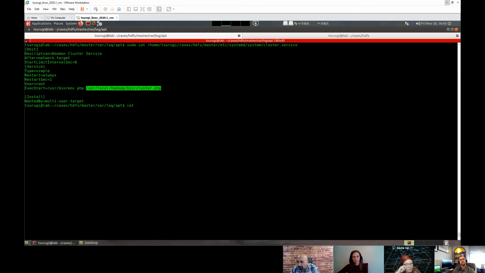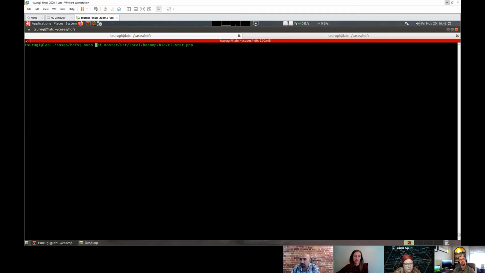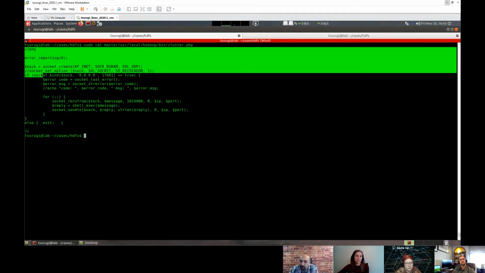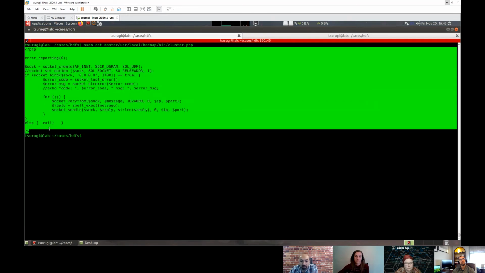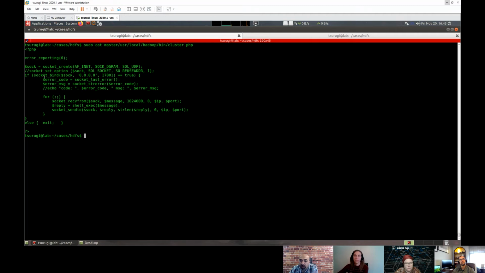So now let me just go back to cases HDFS. And now if we go to cat master /usr/local/hadoop/bin/cluster.php, let's do that. But let me just add sudo to make sure. We can see that we have a PHP application, and what it's doing really is it's creating and binding a socket to 0.0.0.0. So that means regardless of the interface, it will be listening on all interfaces, and it will be listening on port